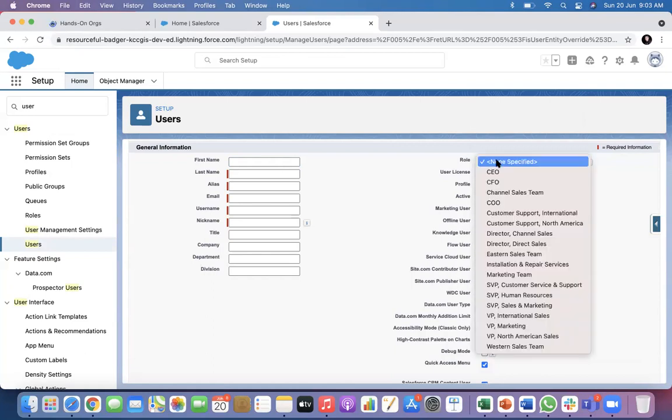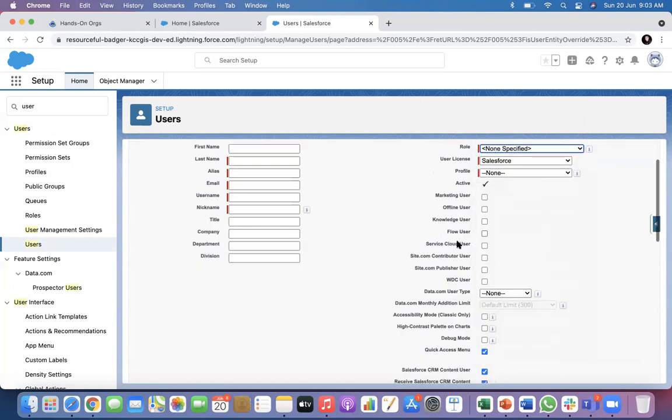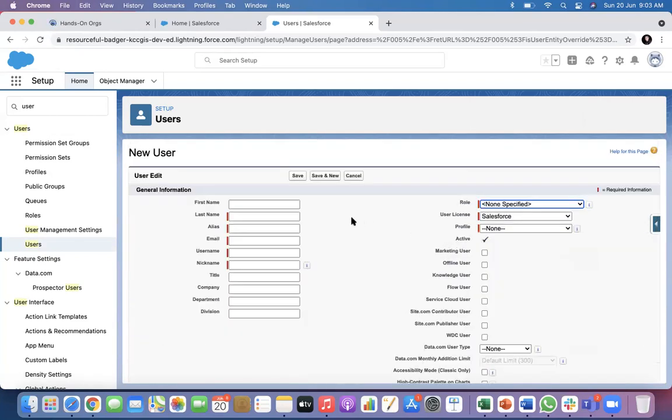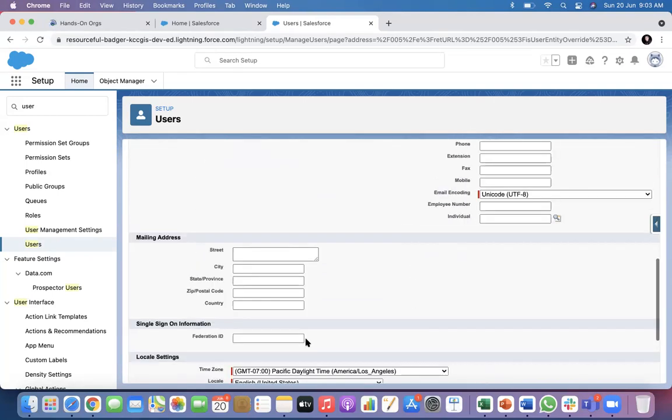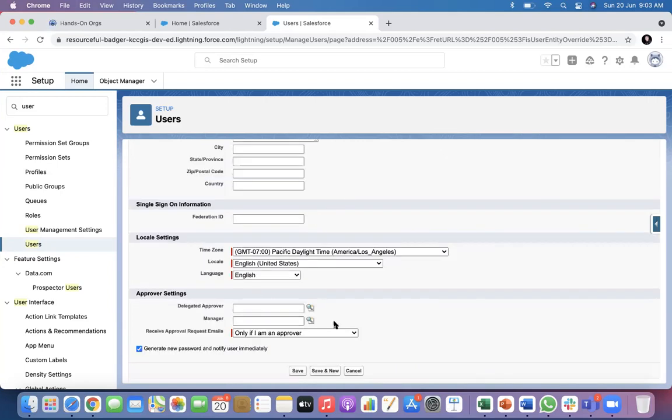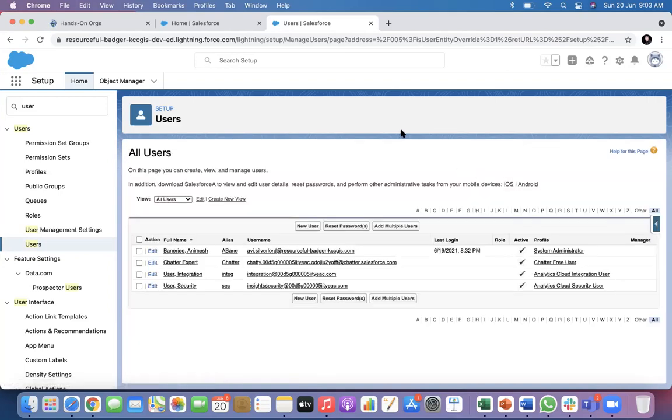Role is shown as mandatory, but role is not mandatory. We will discuss why the role is important in the next session. But right now, you can create a new user. You can put your own email ID, no problem at all. But you cannot use the same username you are already logged in with. If you generate that, it will send a mail to you, and you can log in to login.salesforce.com using that user ID and password. Clear? Please feel free to create a user, because only a maximum of 2 users can be created. Your user is already there, so you can create one more. Okay. Now we can talk about profiles.